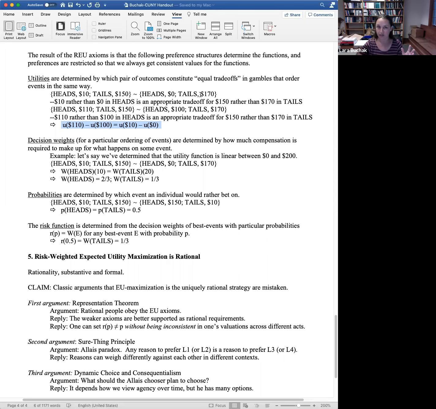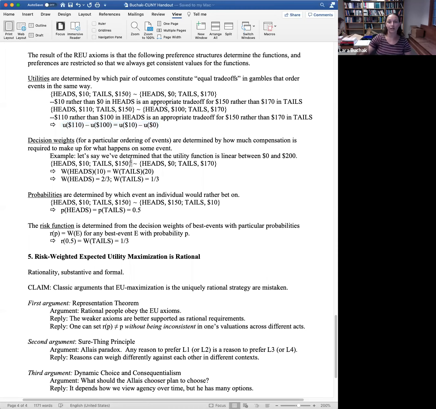Although in risk-weighted expected utility, you can only derive this equivalence if the gambles all put the outcomes in the same order. So if the heads outcome is worse than the tails outcome for all 4 gambles. Okay, so those are utilities. Hopefully you can see that that really represents how much you value consequences. Would I trade it off in a certain state against some other consequence? That's how much I value it.